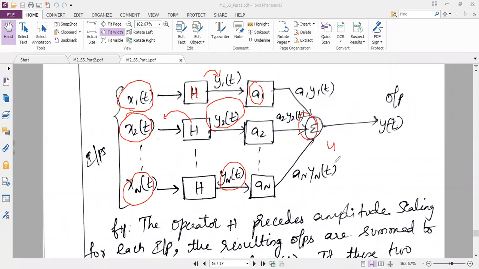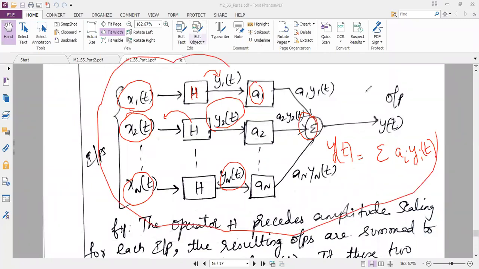So in this diagram, what it says is my output y of t is equal to summation ai yi of t. Earlier I drew the diagram for summation ai xi of t and directly passed that to the h operator so that I got y of t as output. Here I am giving the detailed view of y of t, in the sense that I am showing the individual y1, y2, y3. I am adding everything, then I get y of t.